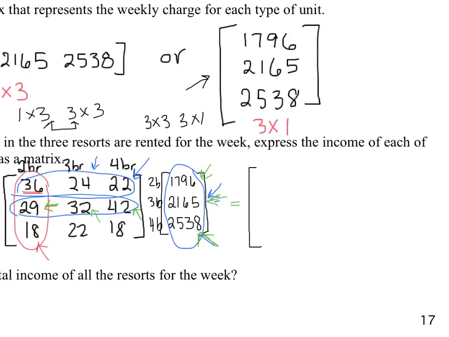So, okay, I'm going to go ahead and multiply these two matrices. So first row, 36, 24, 22 times this column, 1,796, 2,165, 2,538. Okay, 36 times 1,796 is 64,656. So that's the amount of money that Sun Haven's going to make on just the 2-bedroom units. Plus, if they sell out all of the 3 bedrooms, we're going to do 24 times 2,165, and that's 51,960. Plus, now the 4-bedroom units,